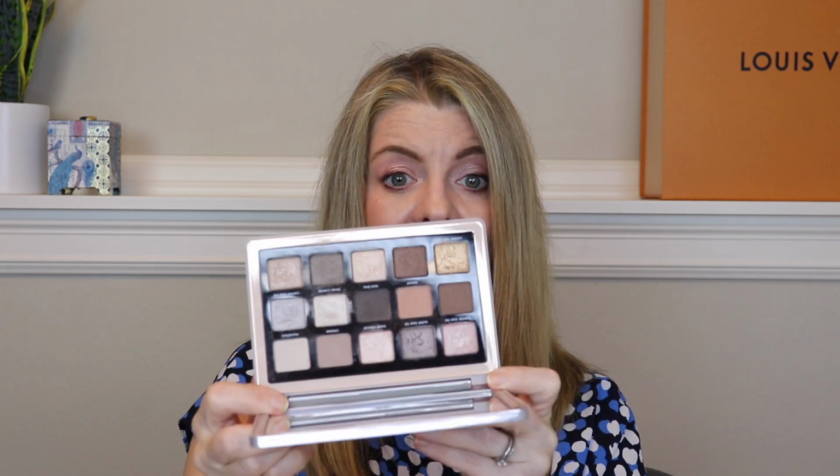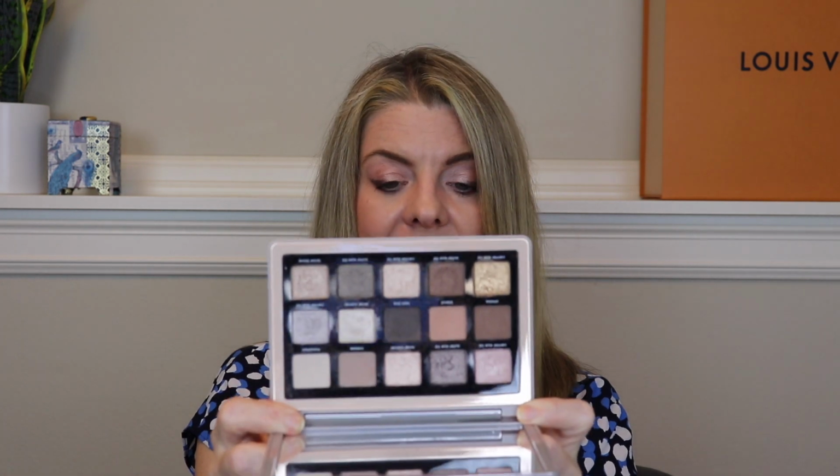Moving on to our gal, Natasha Denona, Glam Palette. I was surprised how much I love this palette. It's not a color story that I have a lot of, right? It's cools, it's neutrals, there's no orange, there's no cranberry, there's no plum in here. And yeah, this is a palette that would be fun to use for an entire week and really explore a